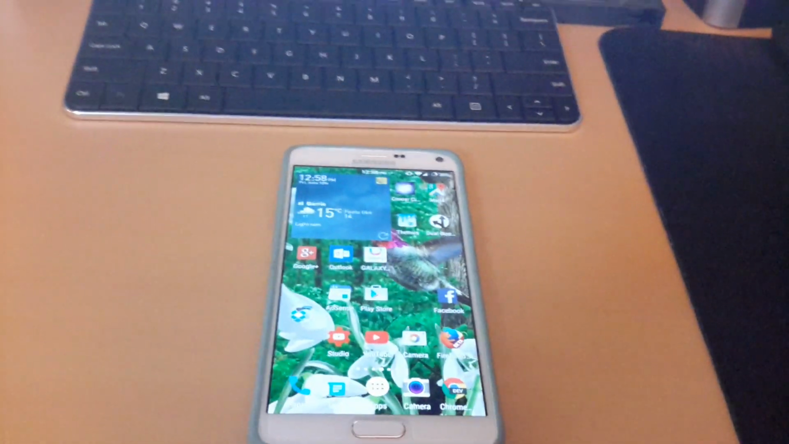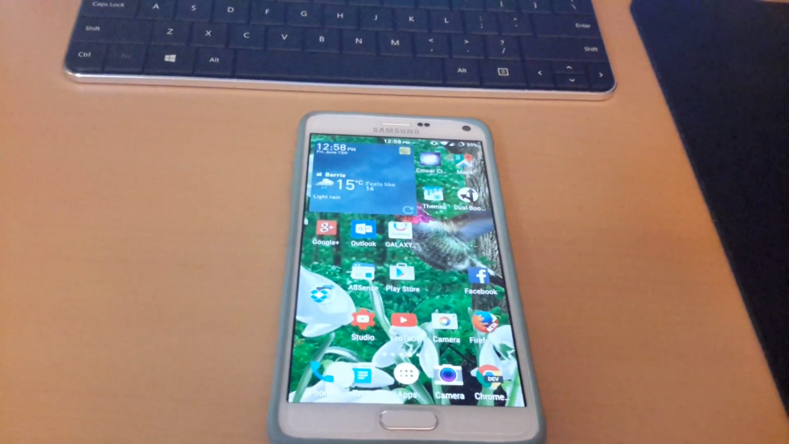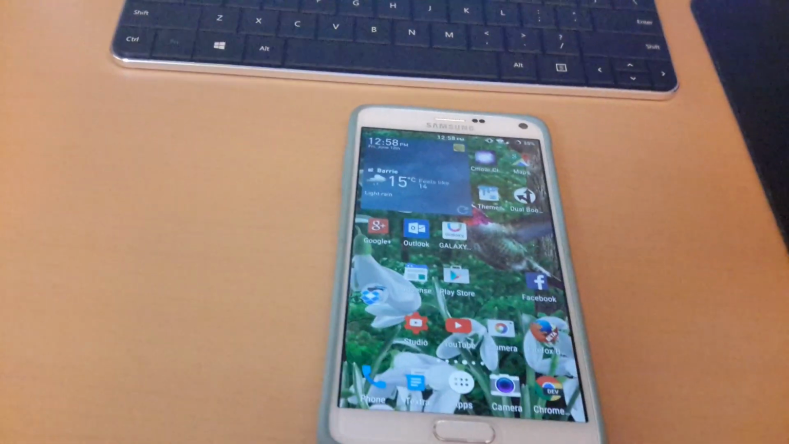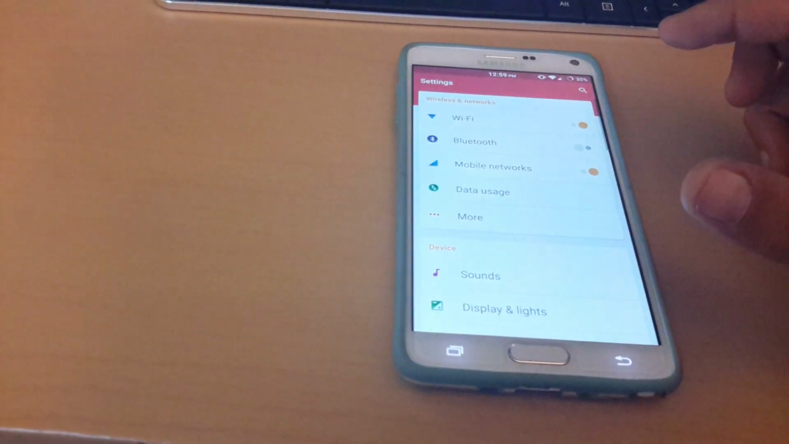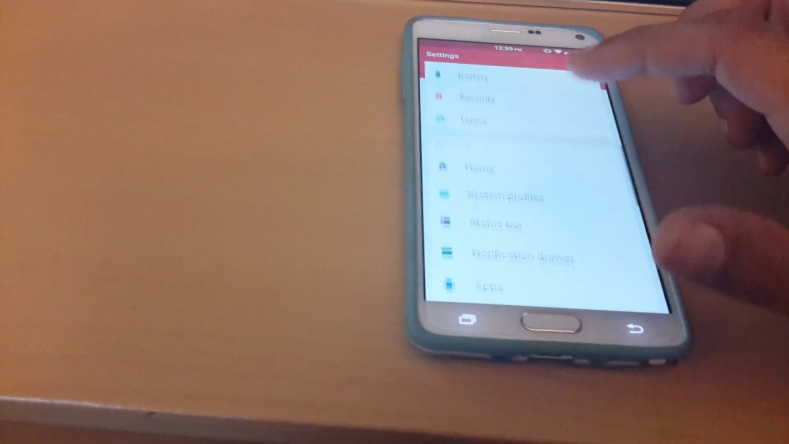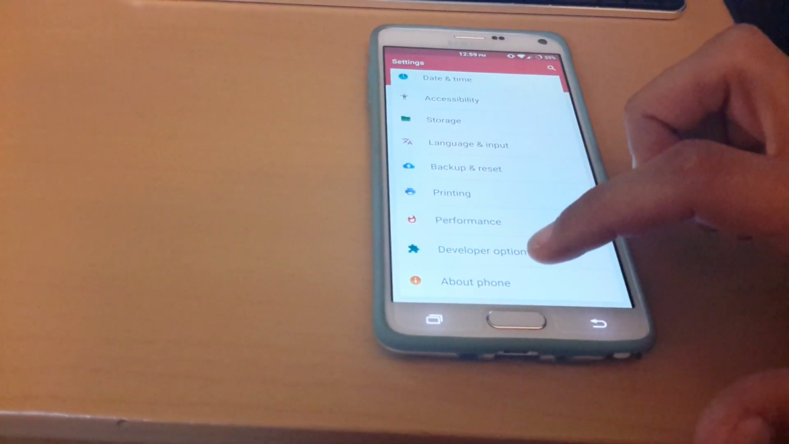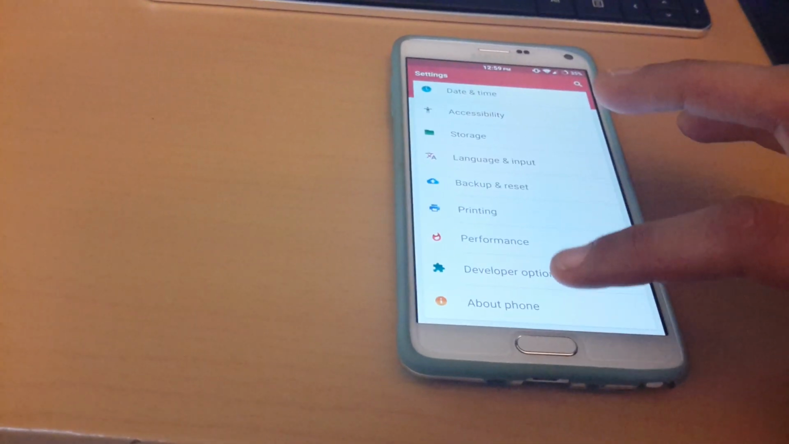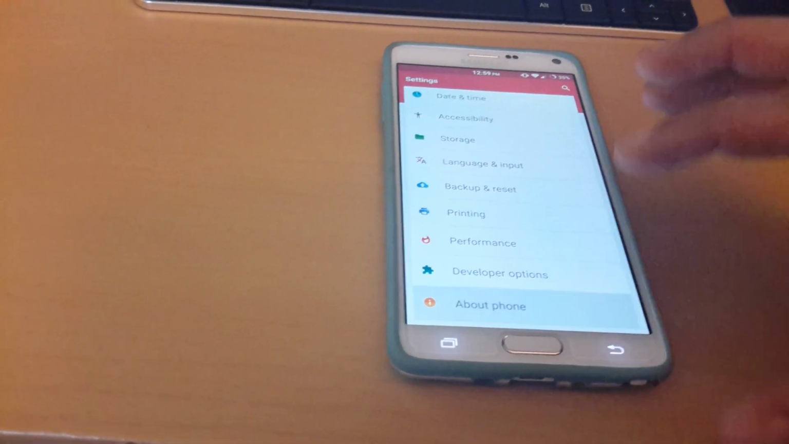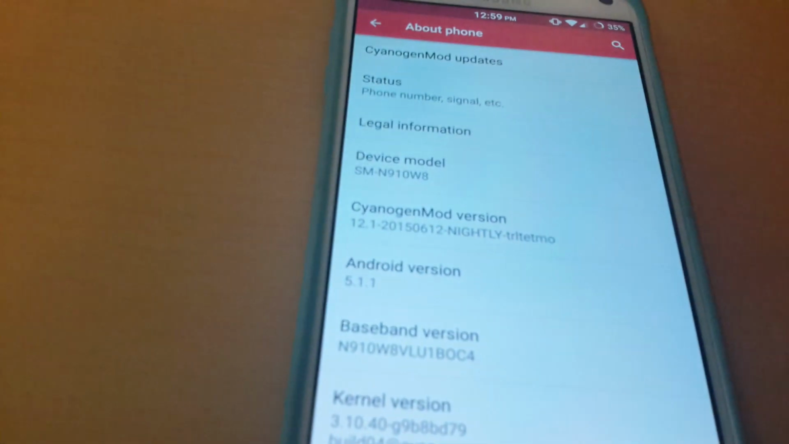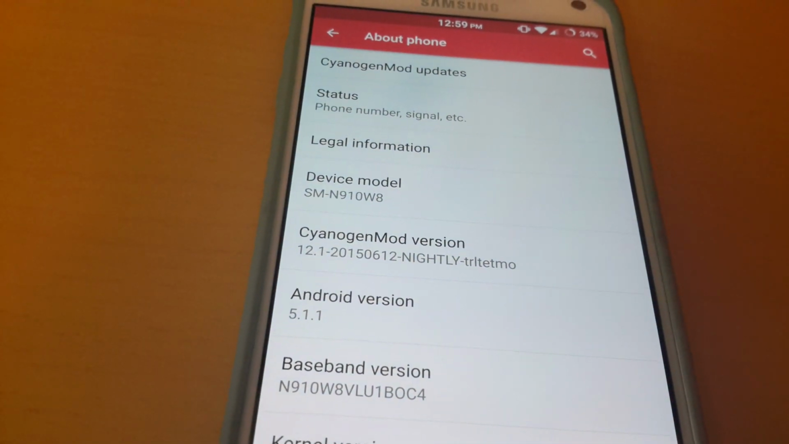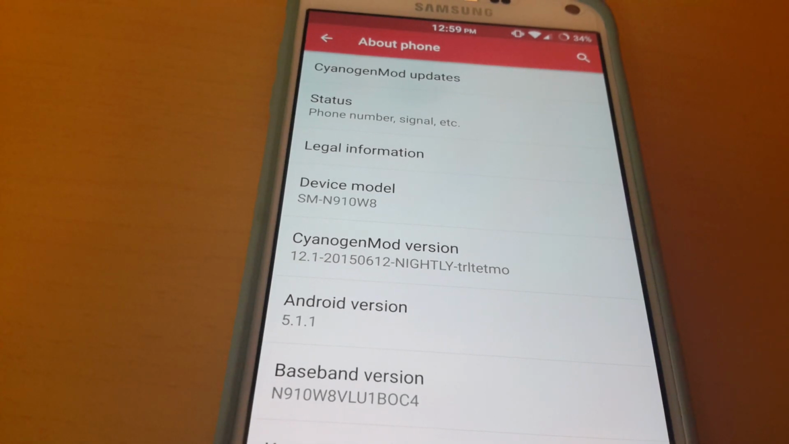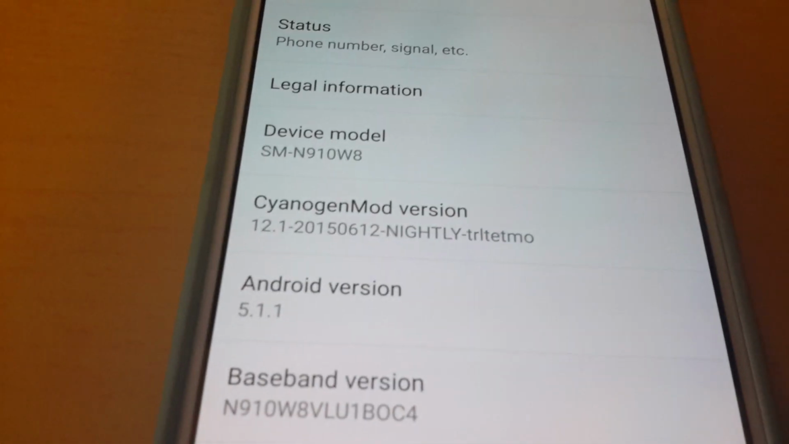Okay, so this video is to demonstrate how you can run Cyanogenmod 12.1 on your Galaxy Note 4 dual boot with the Samsung stock Rom, I should say, is what I have currently. If I go to About, you can see here I am running the latest Cyanogenmod as of 2015-06-12 5.1.1,